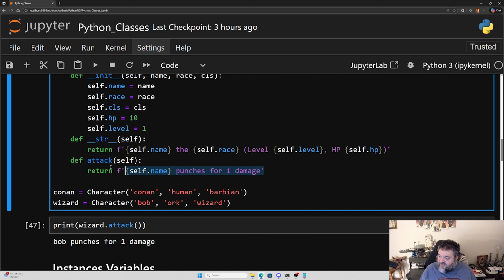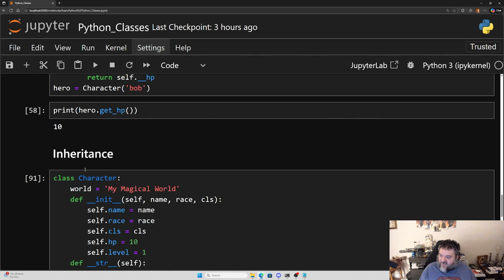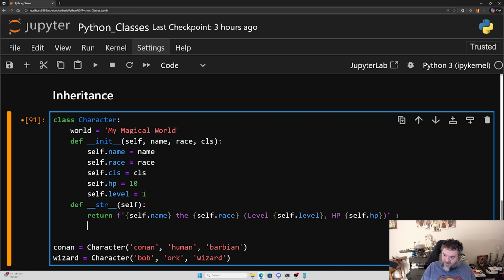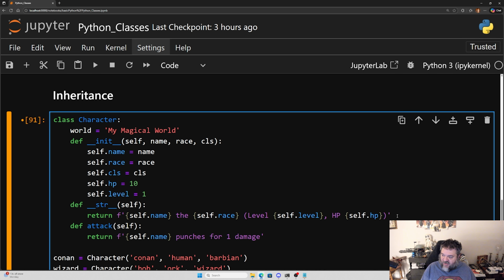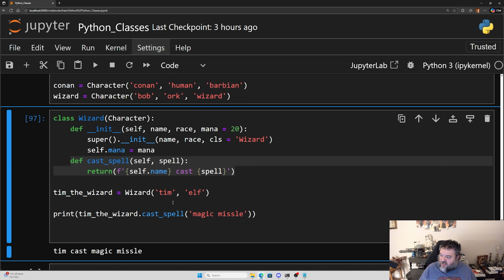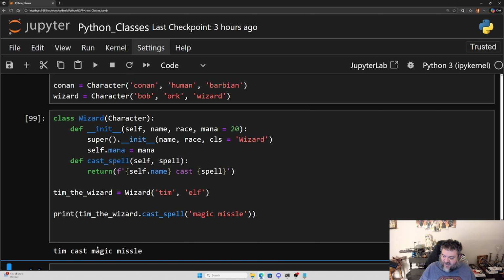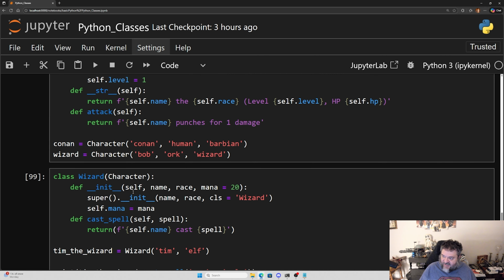I did not. So this attack self right here, I'm going to go back to my inheritance and put in the basic attack, not a spell, but the basic attack, for example. So now if I run this, I'm still going to get Tim cast the magic missile. But if I didn't want Tim to cast the magic missile and I want him just to run this attack up there